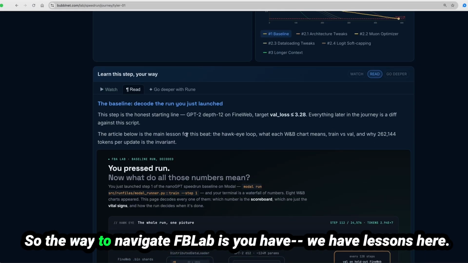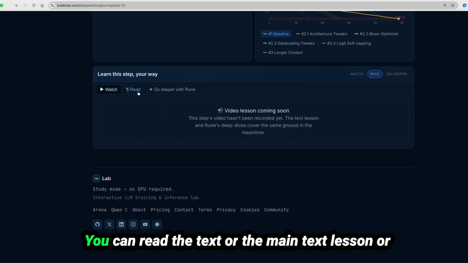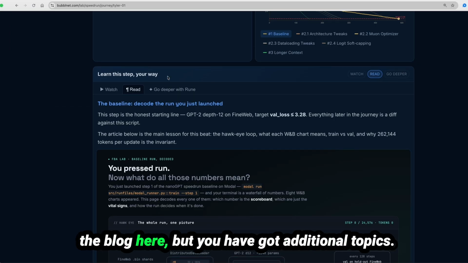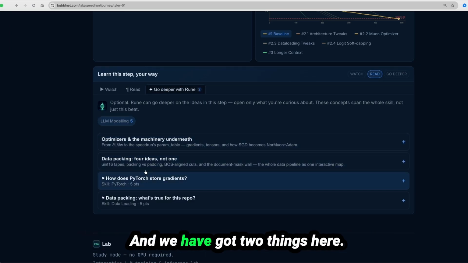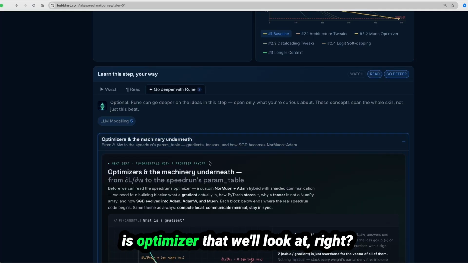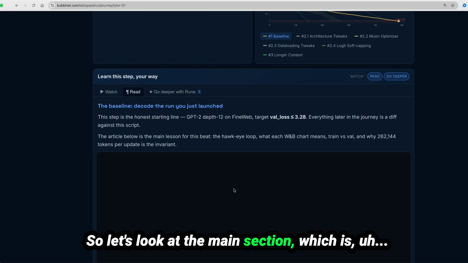Let's look at the tutorial. So the way to navigate FBA Lab is we'll have lessons here. This video lesson will be included in this section. You can read the main text lesson or the blog here, but you have got additional topics, and we have got 2 things here. One is data packing, and the other one is optimizer that we'll look at. So let's look at the main section,